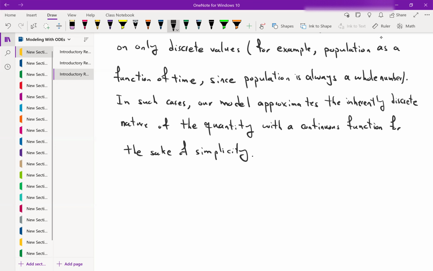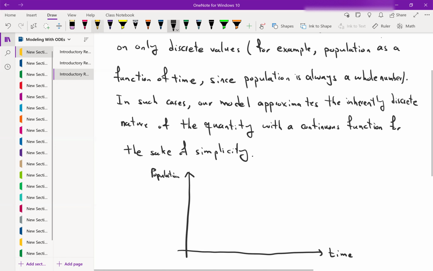What that model will create for you is a differential equation, where the main unknown is the population, as a function of time. So we have population, and then time here. And then when you solve the differential equation, the solution to your differential equation will be